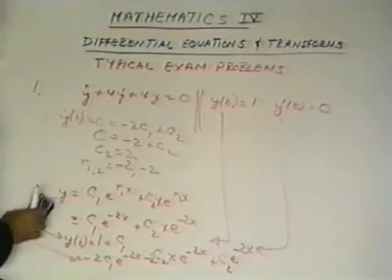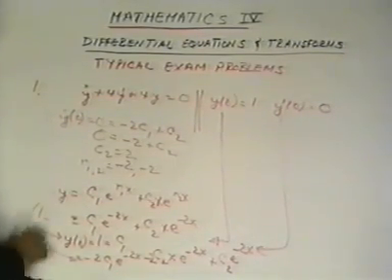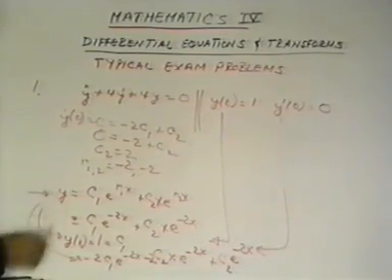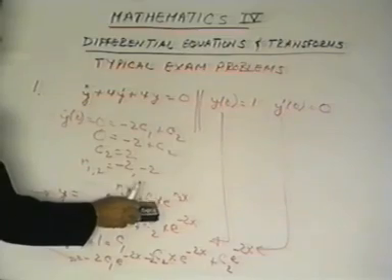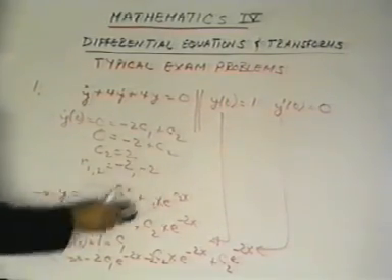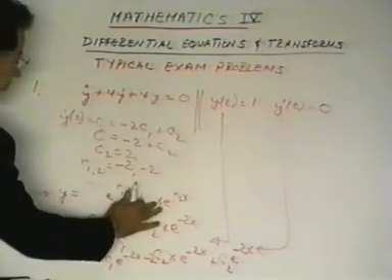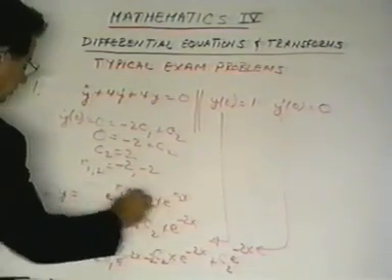So there I have it. Now I can put into the solution at this point. This is the equation for the solution. c1 is replaced by 1, and c2 is replaced by 2. So the final solution should read